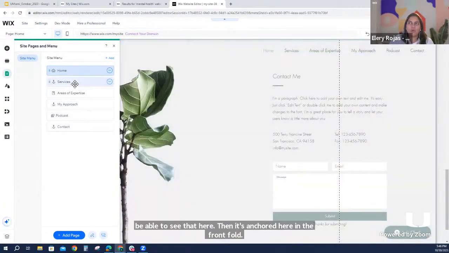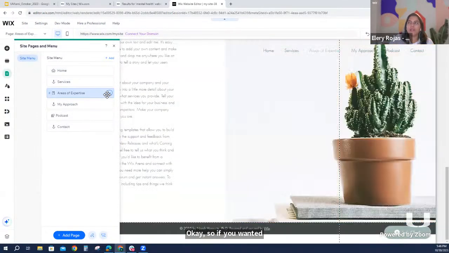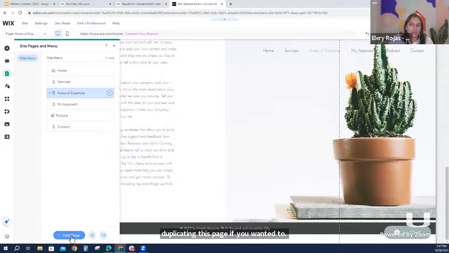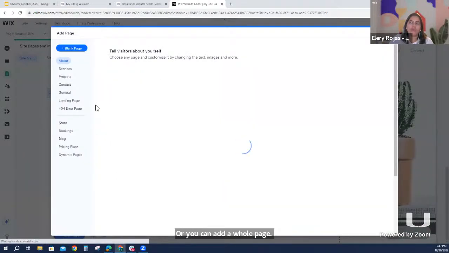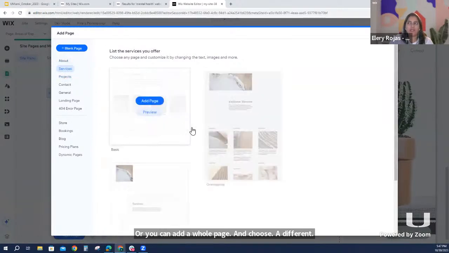Okay, so if you wanted to make different categories, for example, here it says areas of expertise. Maybe you wanted to add a page and talk about those categories. You can easily do that by duplicating this page, or you can add a whole page and choose a different section of what that page looks like.